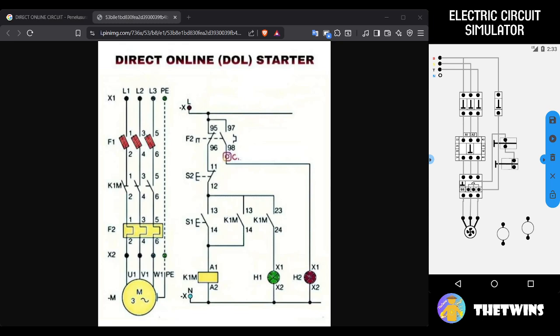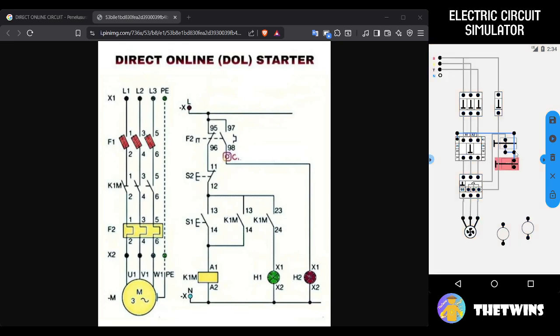And from input push button NO, you can see the jumper to contactor 1, 13 and 23. Okay, on there to 13.